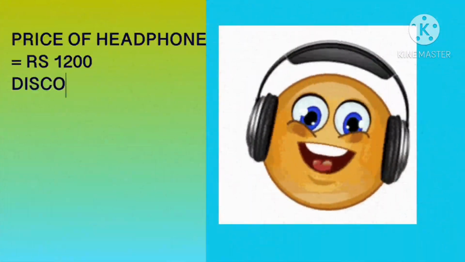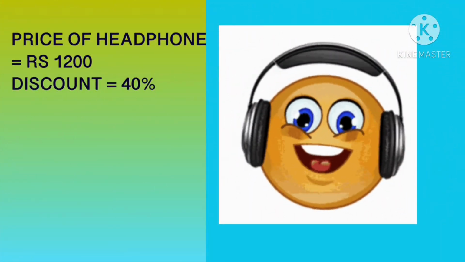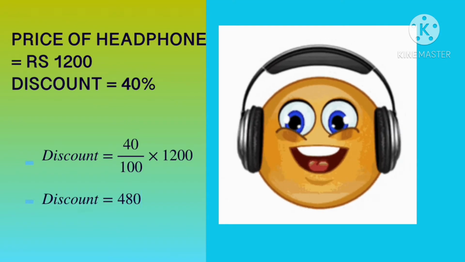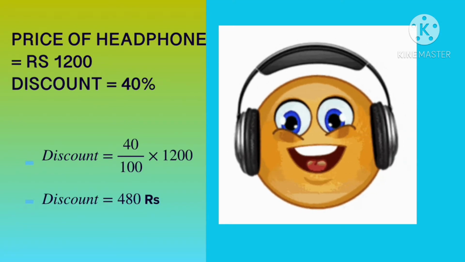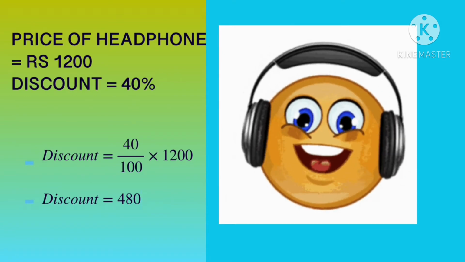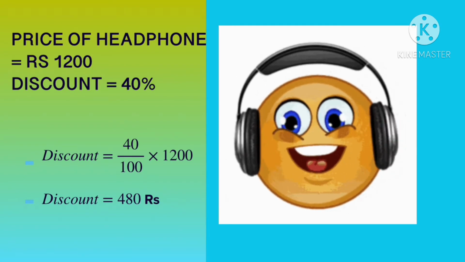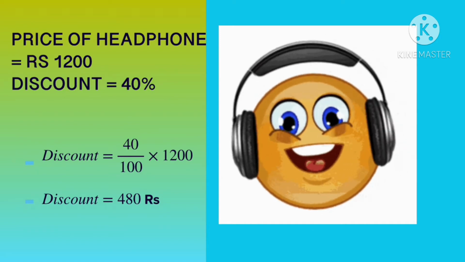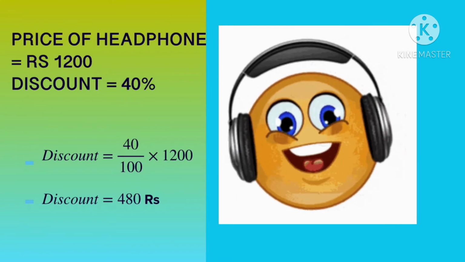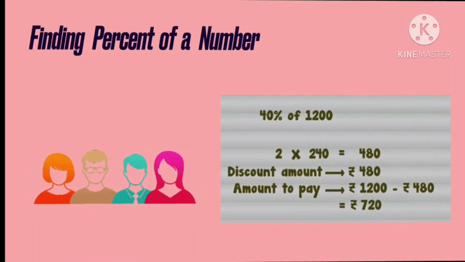And now, let us discuss discount. You know what you mean by discount? Discount means reduced price. Suppose you want to purchase headphones. So there is some market price of headphones which is called printed rate. Let the price of the headphone that is written on it be 1200 and the shopkeeper is offering us 40% discount, and to find that discount we will find 40% of 1200 which is equal to 480 rupees.